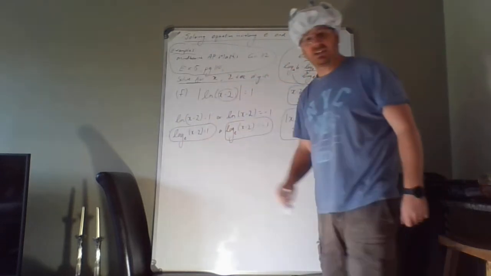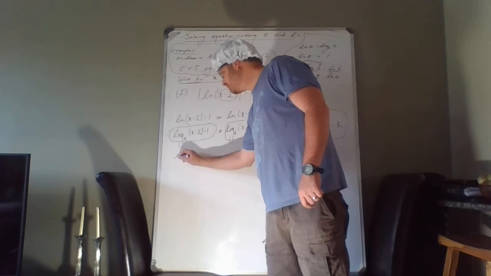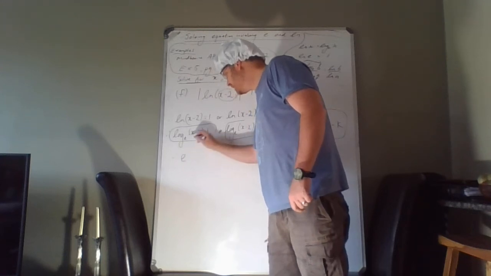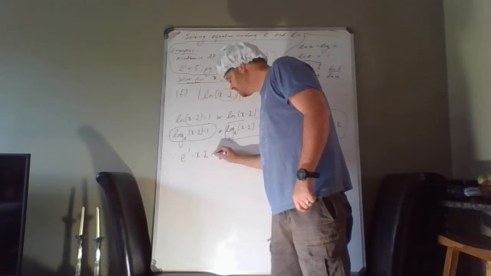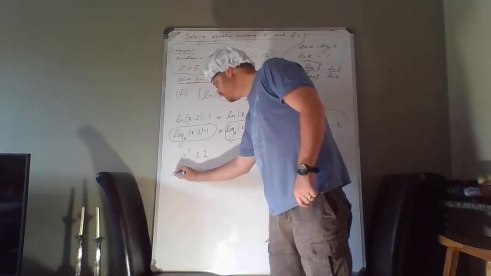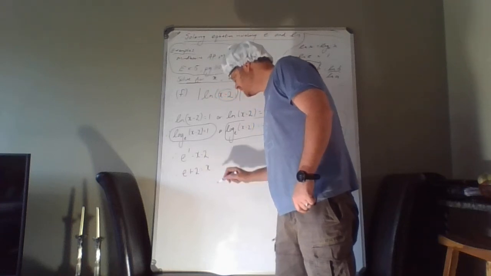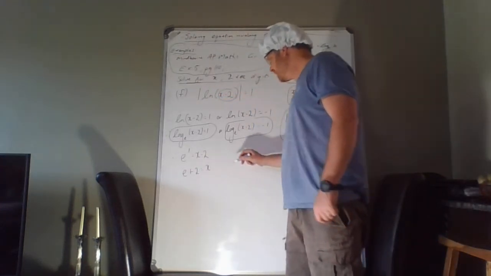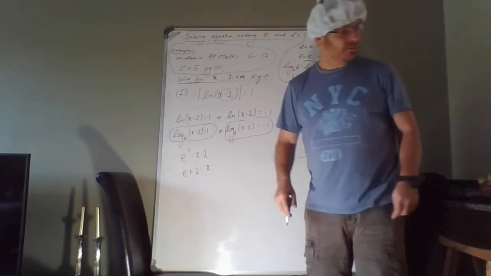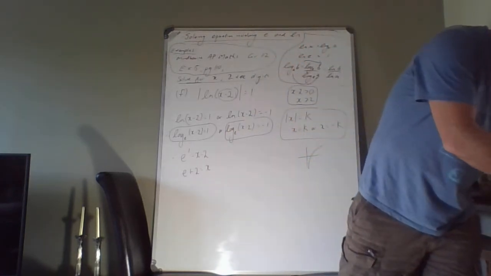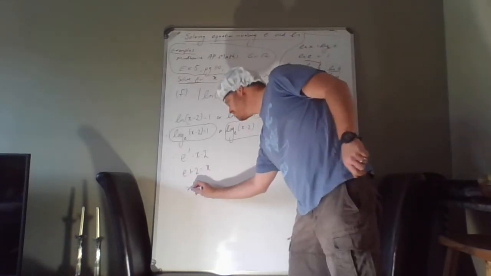So to solve a log equation, get it into exponential form, and using the definition, this will become e, the base stays the same, so the 1 is equal to x minus 2. And if we solve this side of the equation, we get e plus 2 is equal to x. Okay, and again, if they had said just solve for x, you'd stop there. But they didn't. They said give the answer to 2 decimal digits, and so you're going to get x is equal to